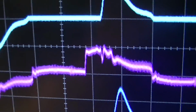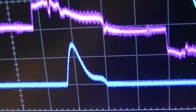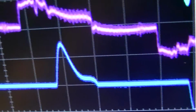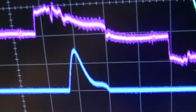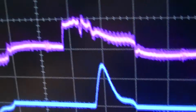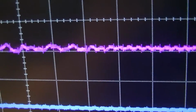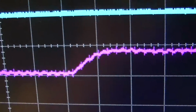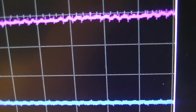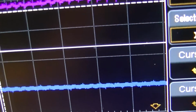And that, you can see, is pretty noisy. Let's see if I can get a full period and recording things. Anyways, right, parameters overrange, blah. And yeah, you can see it's pretty noisy in there. And let's see, cursor, X cursor is...